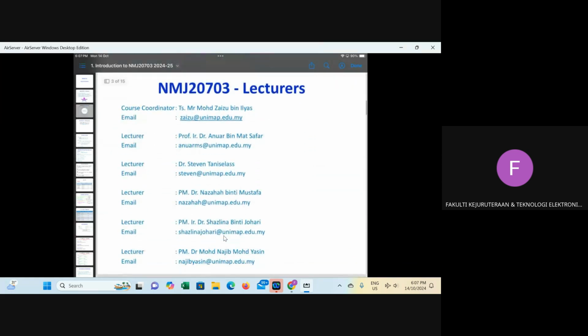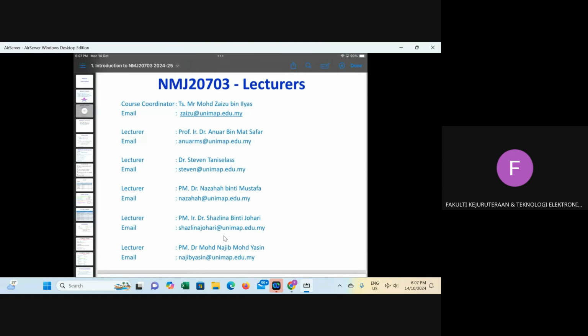And this is the list of lecturers. Because this is a big class, there are 6 lecturers in all. Each program has 1 lecturer, and Computer has 2. Here is our course coordinator, the one who looks after these programs and manages all the analysis. He is Mr. Zaizu, from the computer program. Then we also have Prof. Ir.